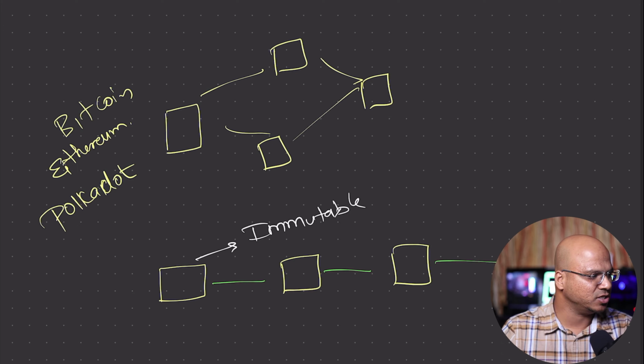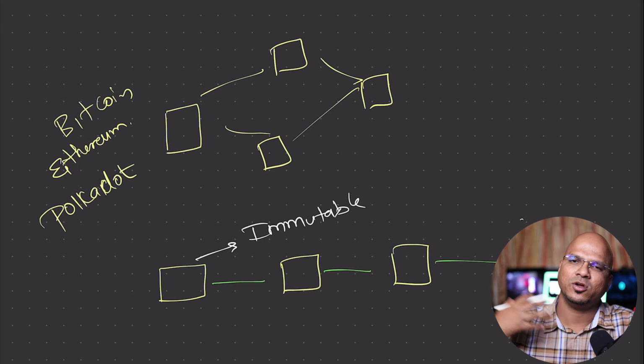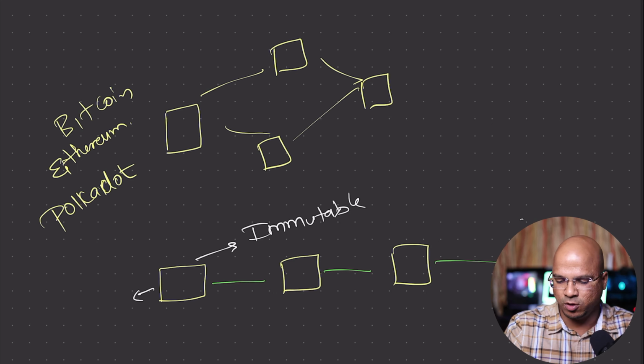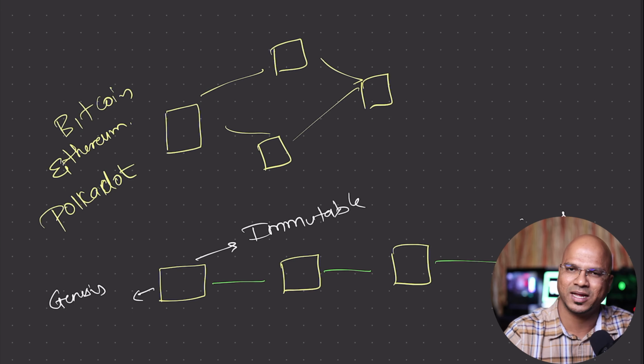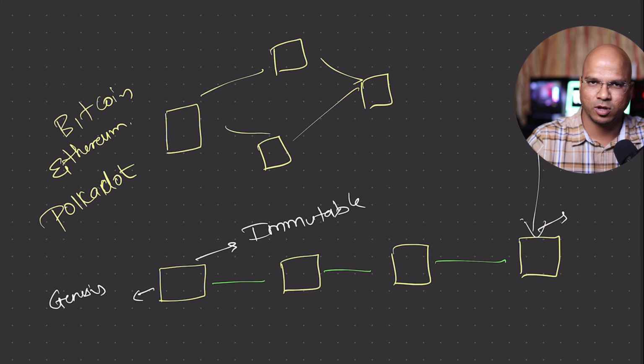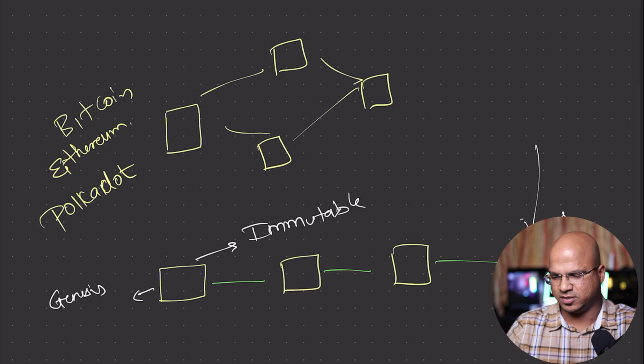I guess my image is hiding another block here. Ignore that. So basically, you can have multiple blocks, right? And each block will have a number. Now, the first block, we normally call the Genesis block, right? And the last block is the one that was just created. So the block mentioned here is actually just created, which is hiding behind me. You can see that's the block I'm talking about, right? The block is there.